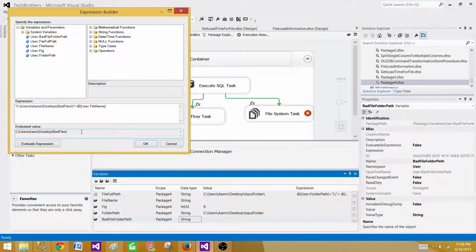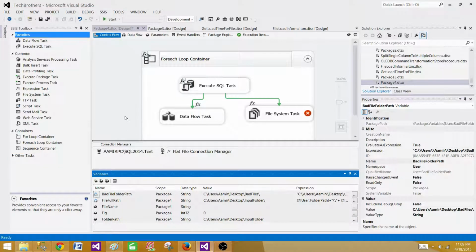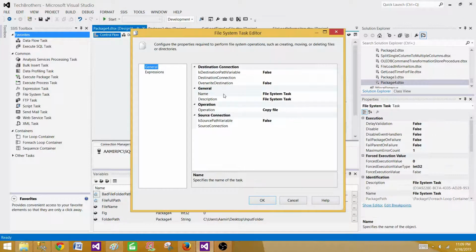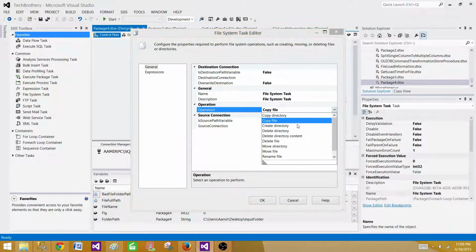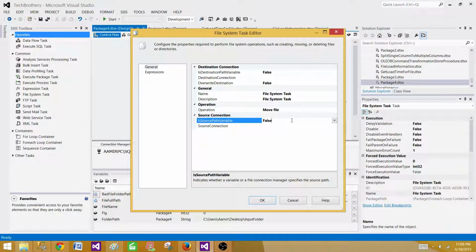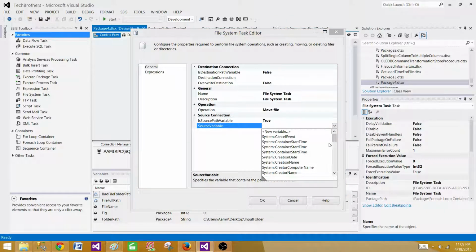Hit OK. Now it is going to build the complete path with the folder path and file name for the file where we want to move that. So hit OK. Now we are all good, and here let's go to the file system task and say move the file. Here we are saying variable, yes, so it is coming from the variable, and then we will say file full path,